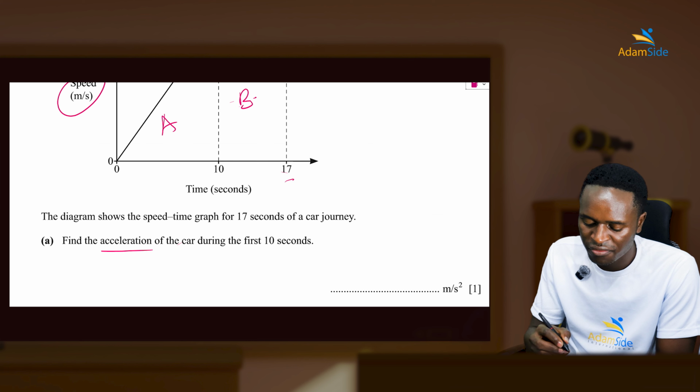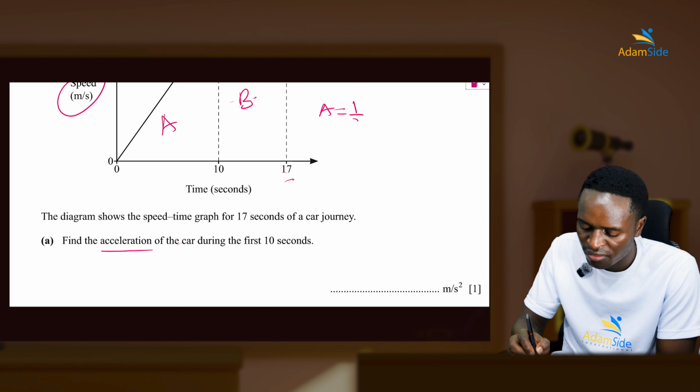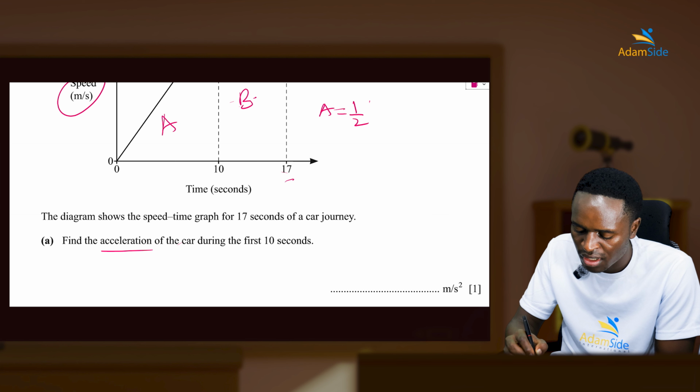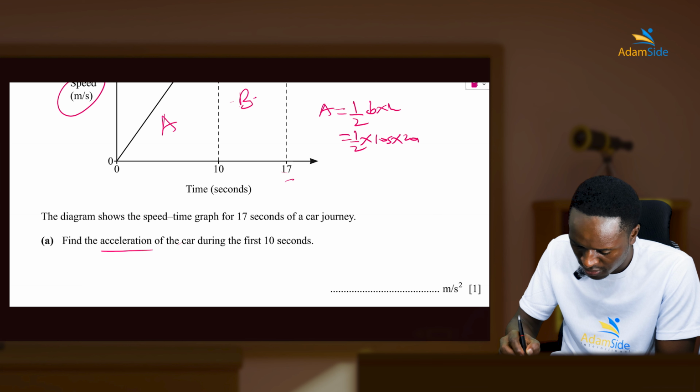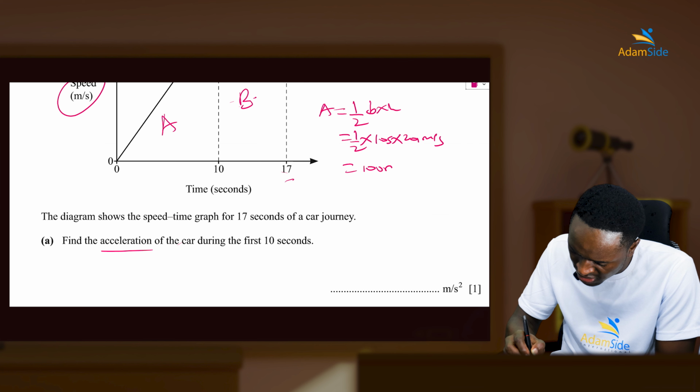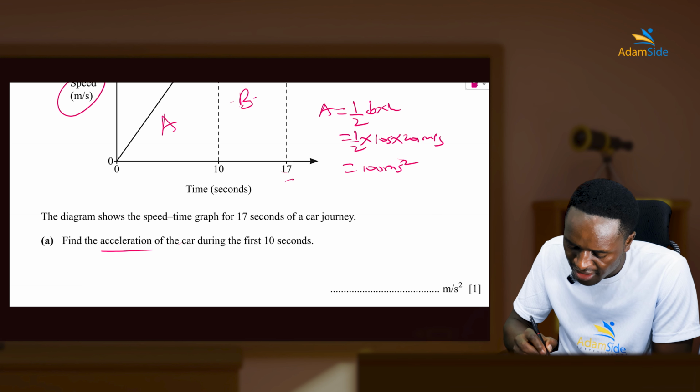That's easy. So you find the area of the first one, area of a right angle triangle, a half base times height. So you say a half times base, which is 10 seconds, times the height, which is 20 meters per second. When you multiply these two, you get 100 meters per squared second. And then the area